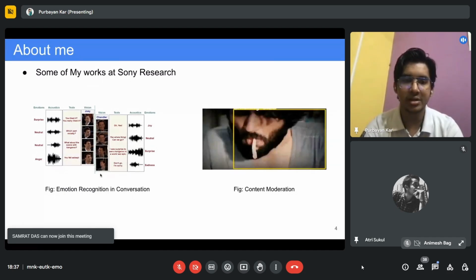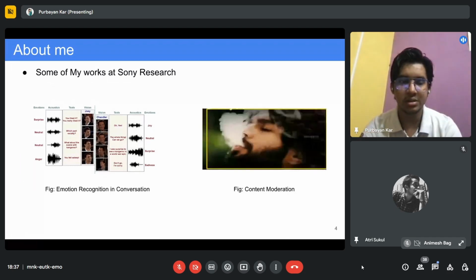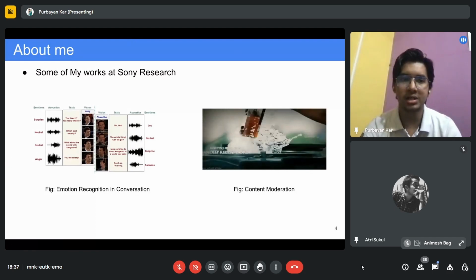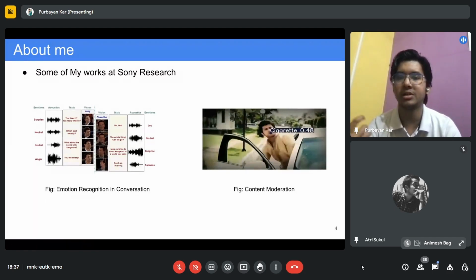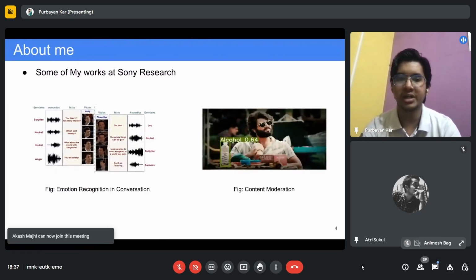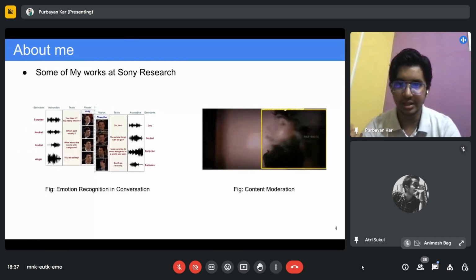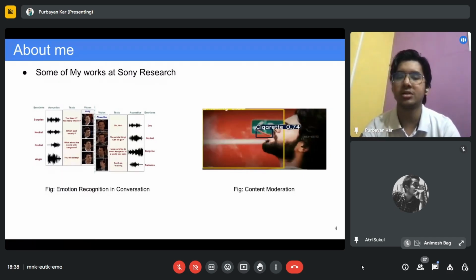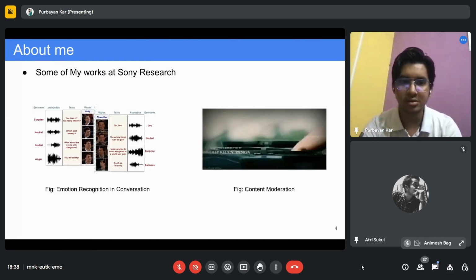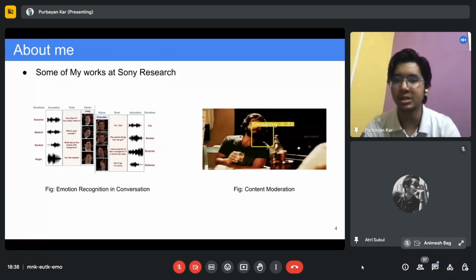This is a snippet from a very popular TV show called Friends. There we have multimodal data where we have audio, video, and the corresponding transcript. My task was to predict the emotion of a particular character fusing these three modalities together. This can be used in various aspects of Sony's internal business, like how much the audience likes a character based on his or her emotion. Based on that, the producer or director might generate the next episode. This was a topic that I worked on, and we also published a paper for the same in CVPR.